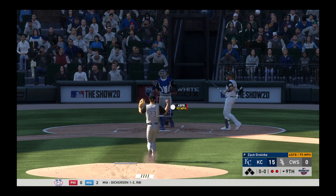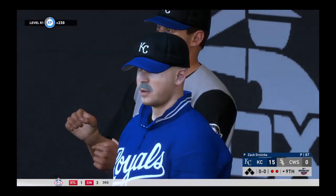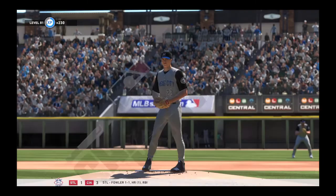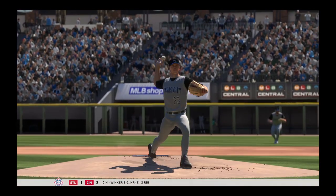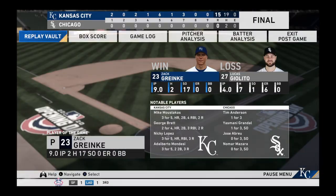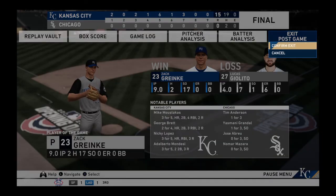Swing and a miss. He struck him out, and that'll do it here as the ball game is over. 15-0 the final in this one. The Royals jumped out to an early lead in the first and never looked back. Time of the ball game,